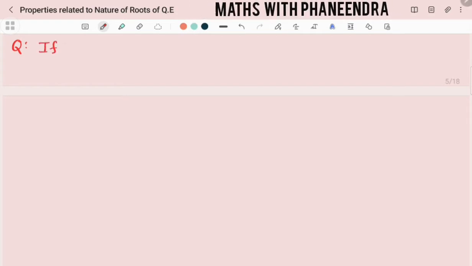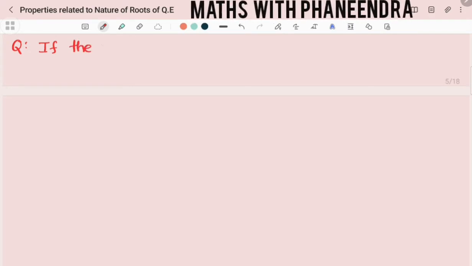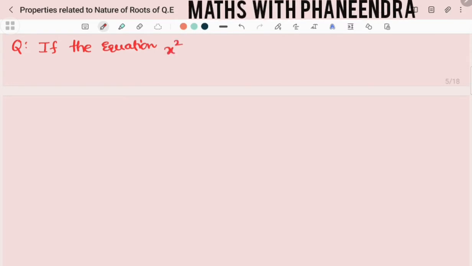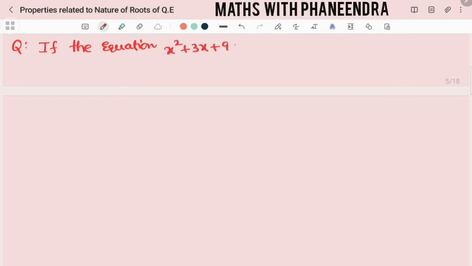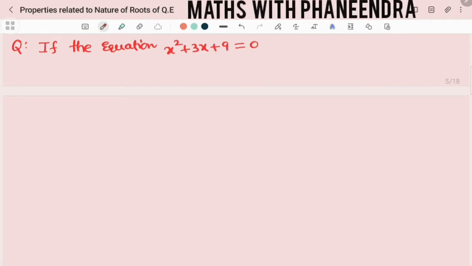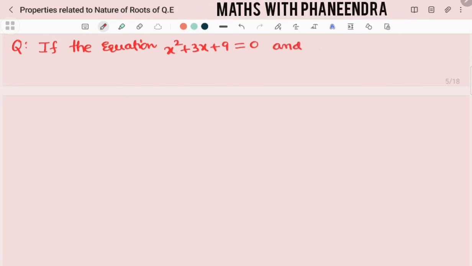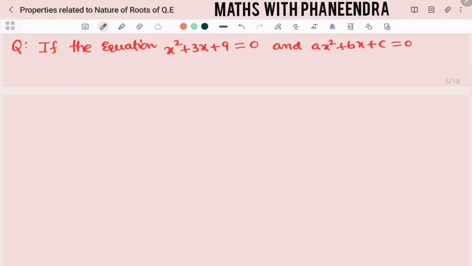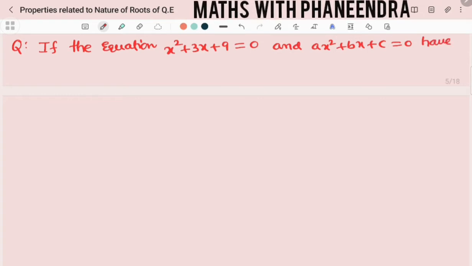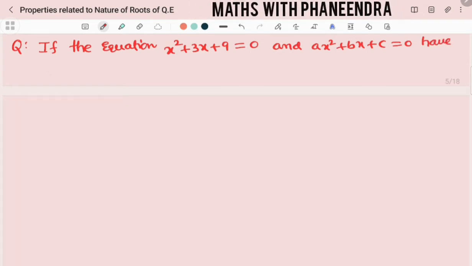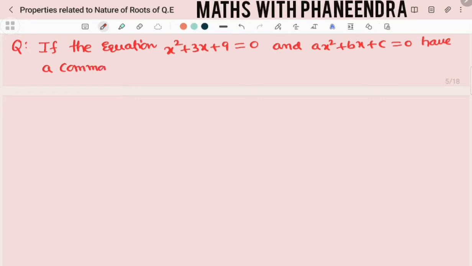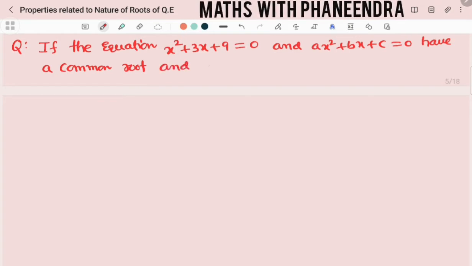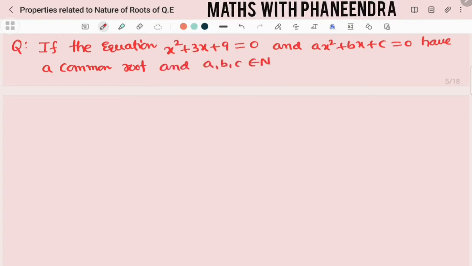If the equation x square plus 3x plus 9 equal to 0 and ax square plus bx plus c equal to 0 have a common root, and a, b, c belong to natural numbers,